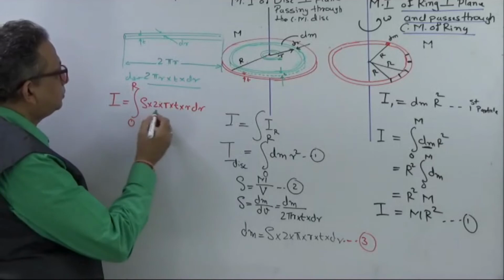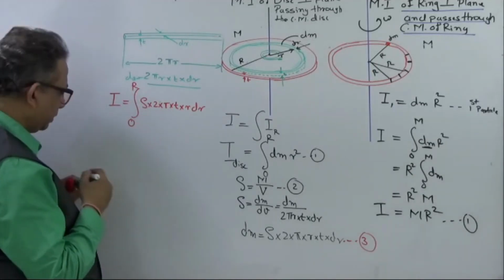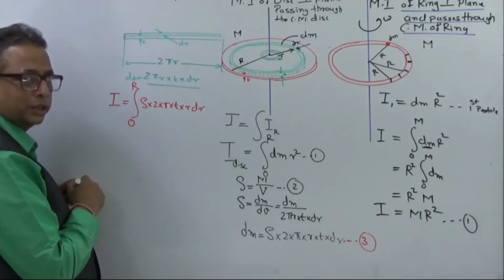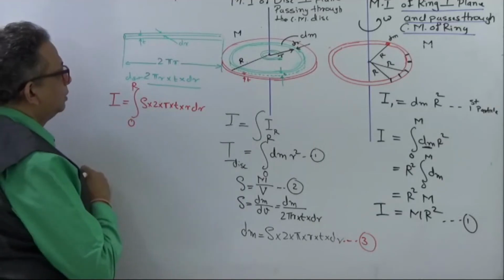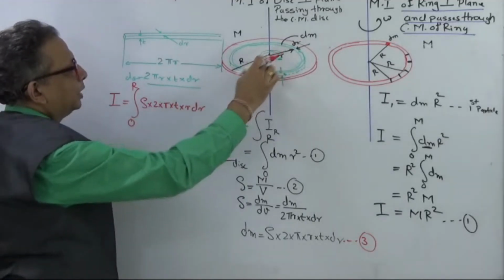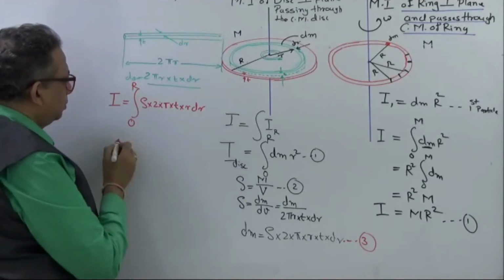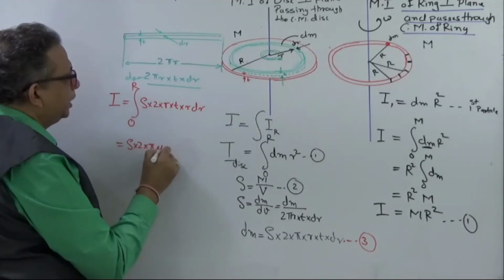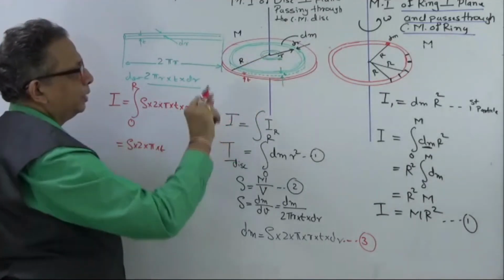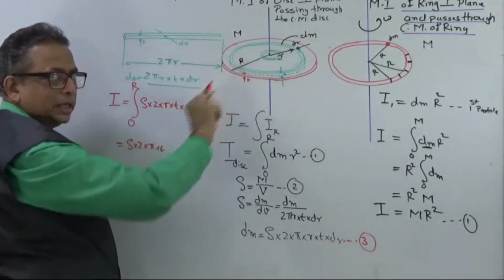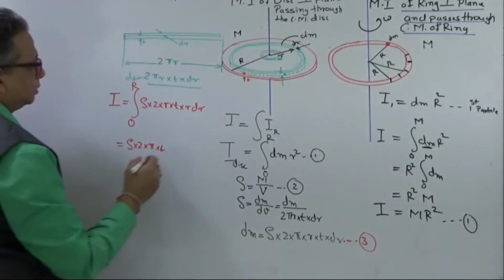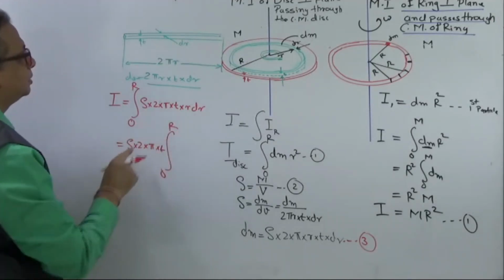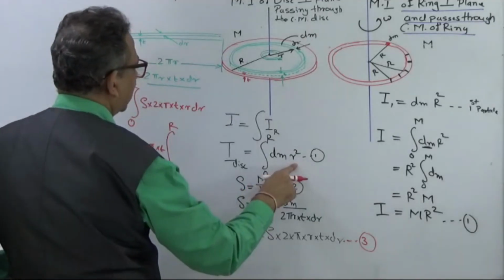Now here, while integration, we have a typical method that the next step is to remove all the constants which are not going to change. So is the density going to change for the smaller ring or the external ring? No. So we are going to have this density into 2 into pi into t. Is the thickness changing for all the rings? No, it is remaining constant, right? Because thickness t is the same for all the rings. So here integration of 0 to r, and this is what we are having is 2 pi r. Here already there was r square over here.